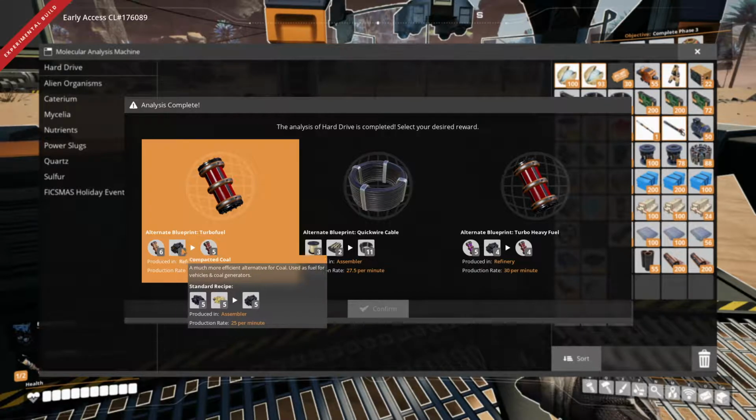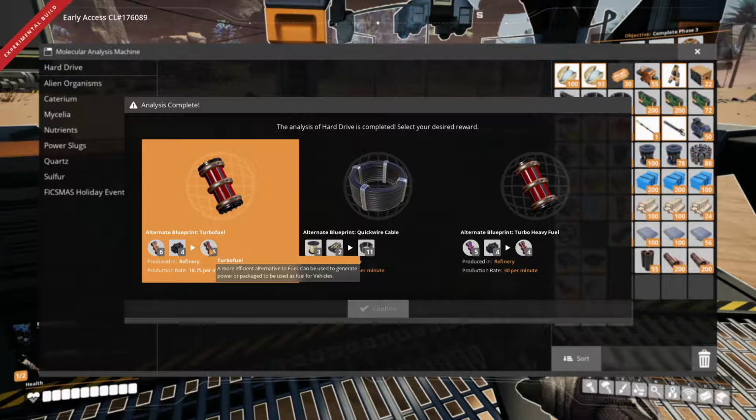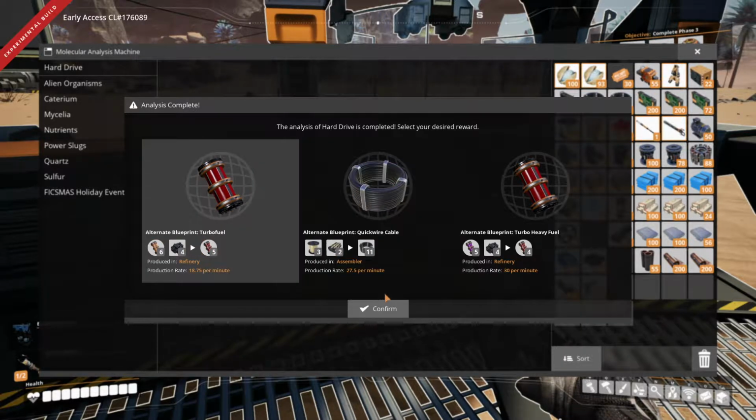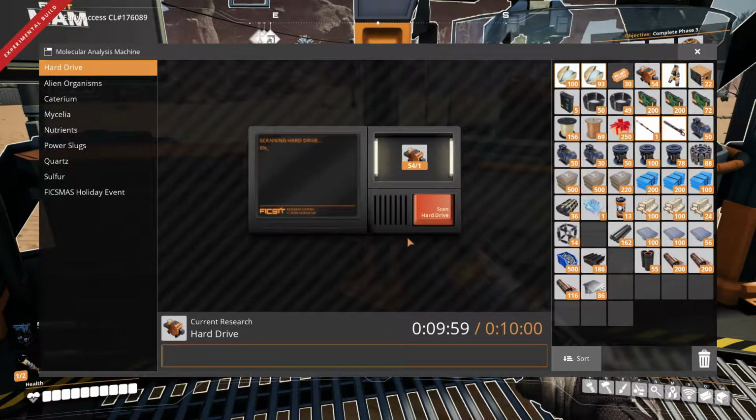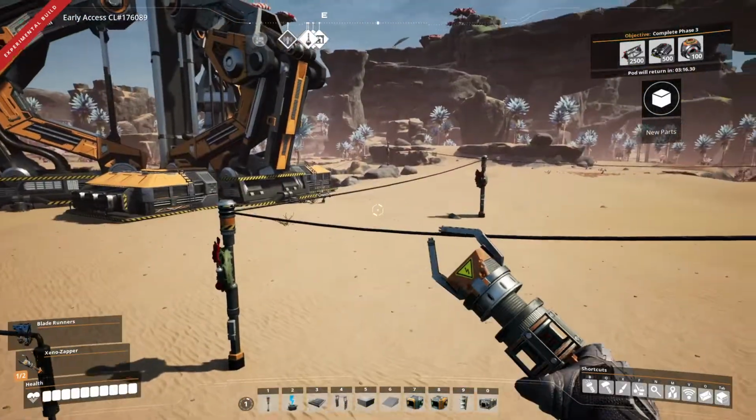Much better alternate for fuel. Ooh. Turbo fuel. What the heck? This is so crazy, some of this stuff. I'm just going to pick these. I don't know what half of these are. So we're just going to let it roll, I guess, right? Okay, so